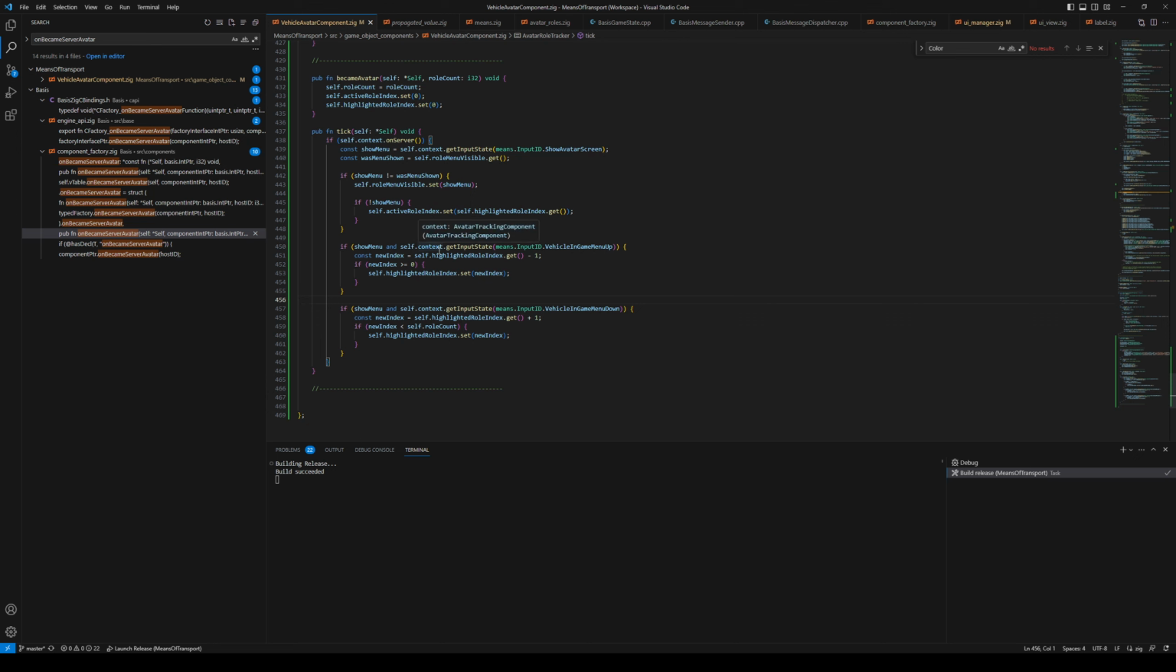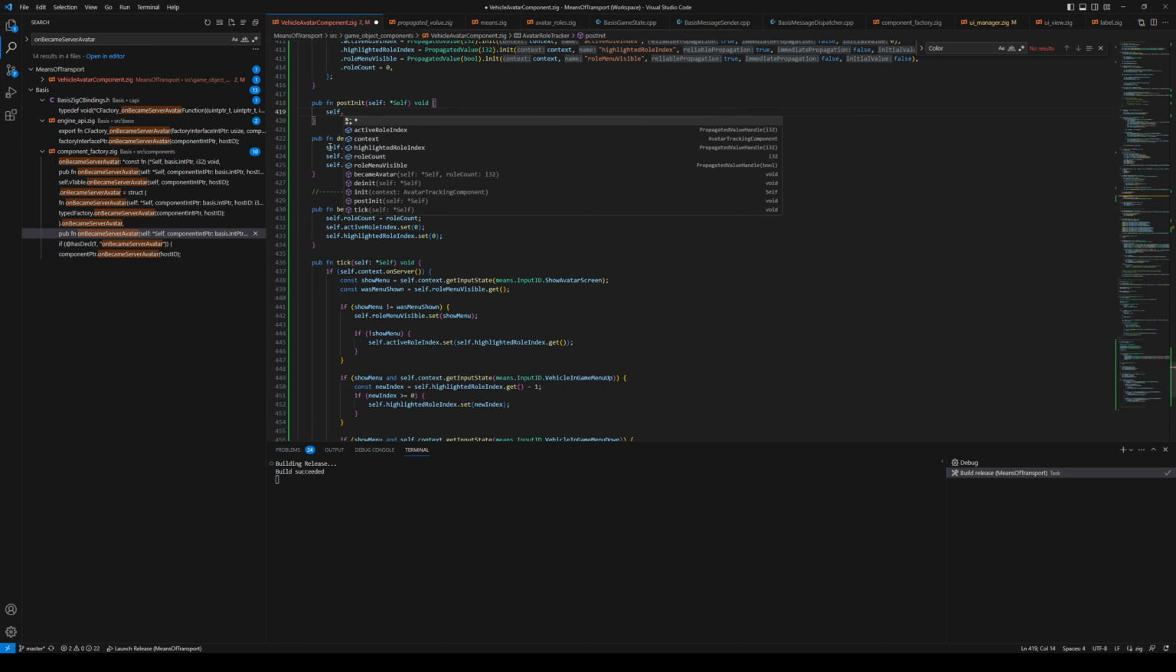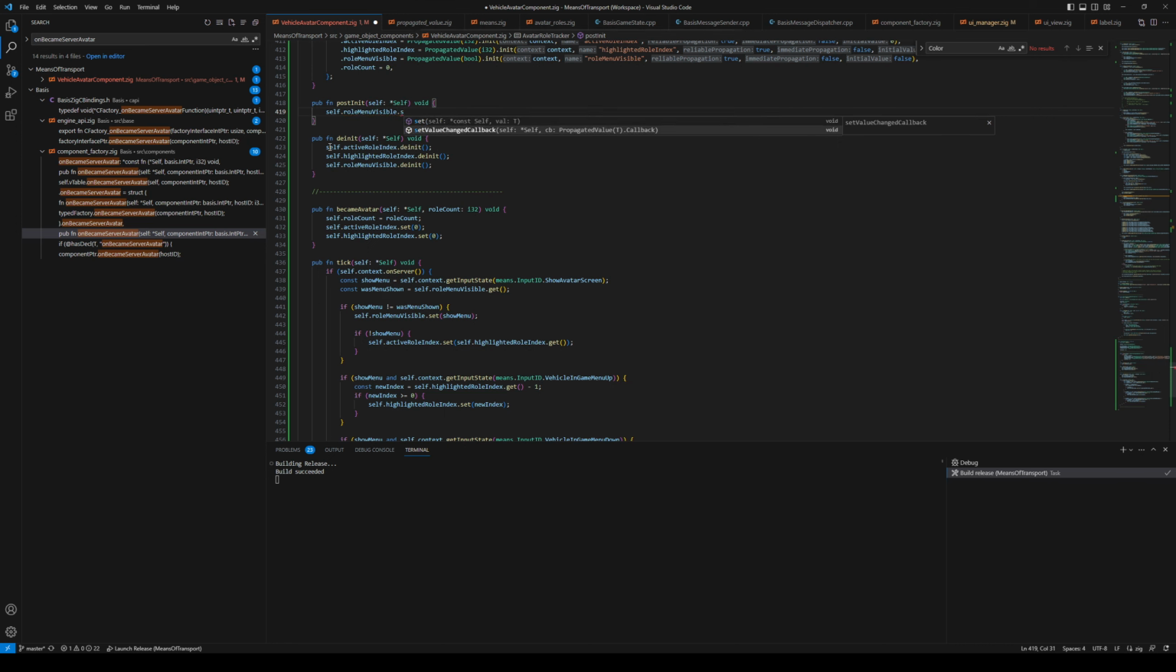which is good. Okay, so now let's go to post init and hook up those value change callbacks. I think after that we're pretty much done with this, unless I'm missing something. So role menu visible, we can do set value changed callback, and the callback is a propagated value, and this is a bool, right? Callback